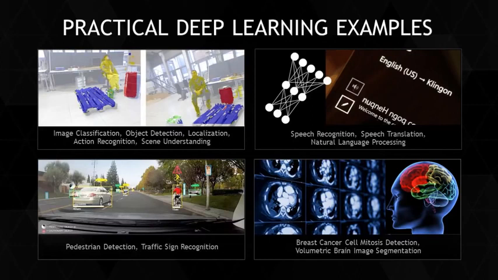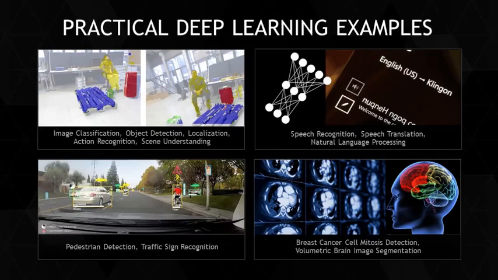Some high-level practical examples of where deep learning is being used today. The most common and well-known example is detecting and classifying objects in natural images, but also there is localization of objects within images, recognition of different types of activities taking place in videos, or understanding of the scene present in videos. In speech, there are applications on the transcription of speech, the translation of speech, and as well as natural